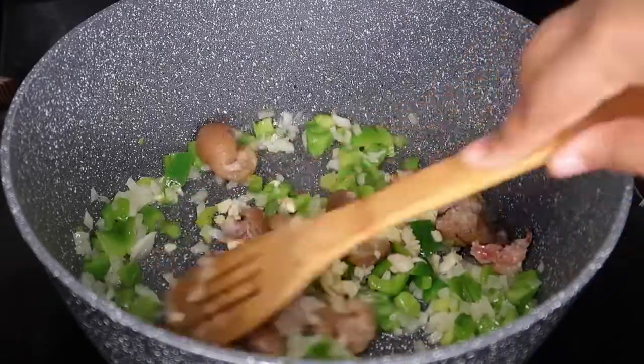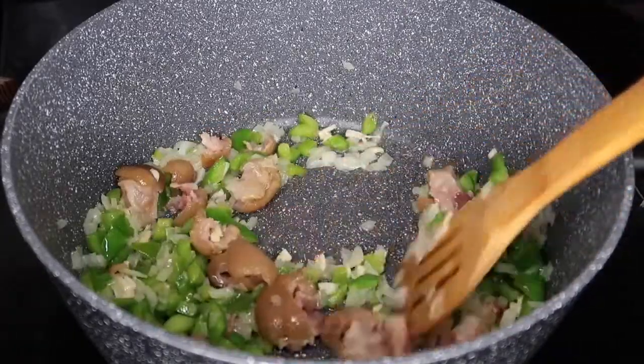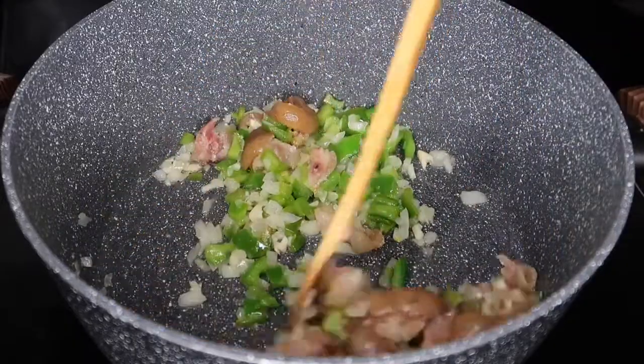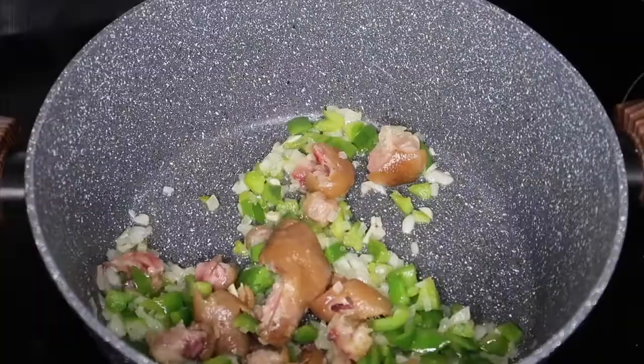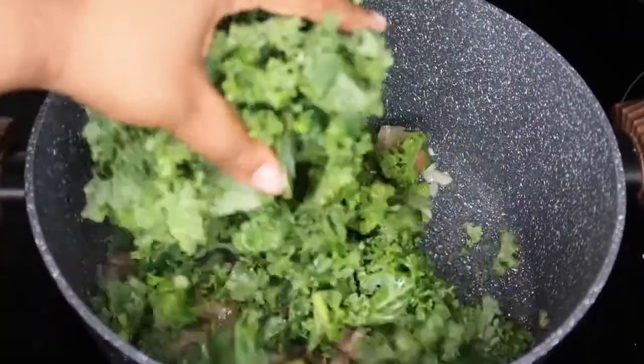So next we're going to go ahead and add in our garlic, and I'm just going to stir that for about 90 seconds, because garlic only takes about 90 seconds to cook before it starts to burn. So after you have let everything fry for about 5 minutes,